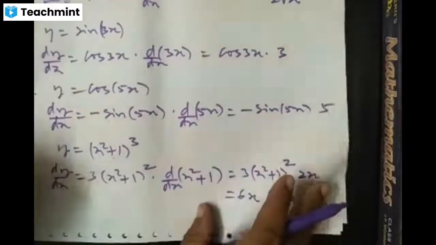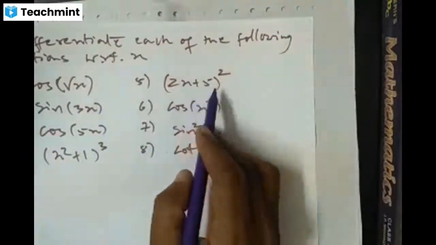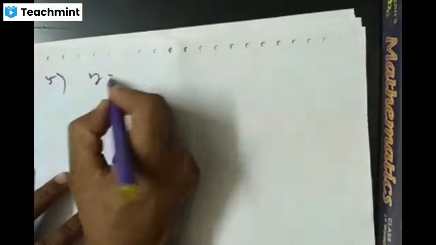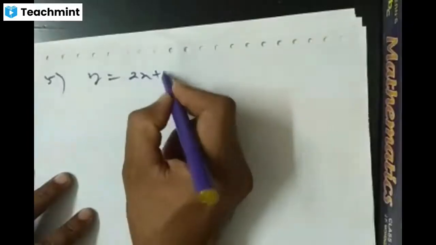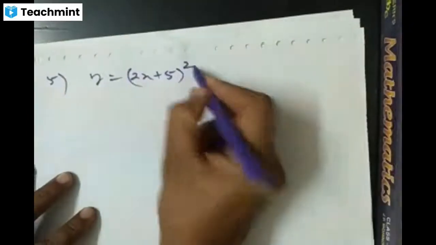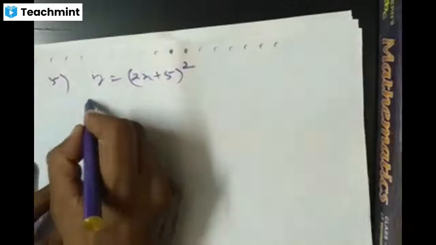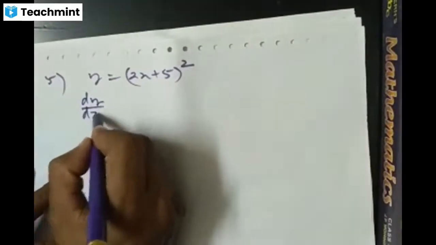Next, problem number 5. The given function is (2x plus 5) whole square. Let y be equal to (2x plus 5) whole square. Then dy by dx is equal to,